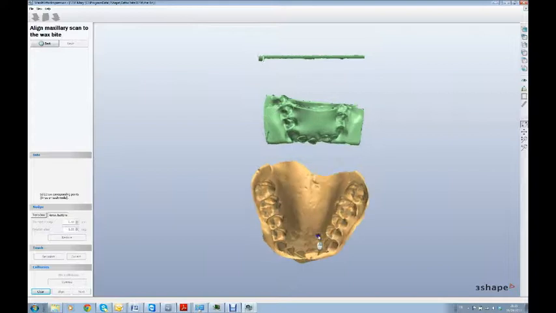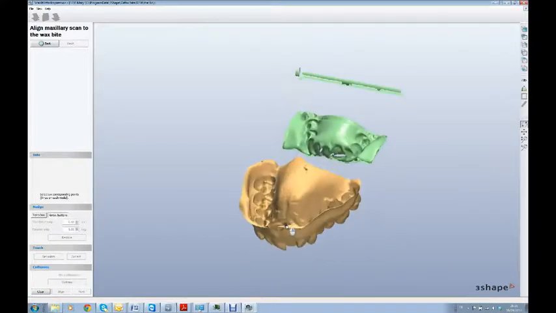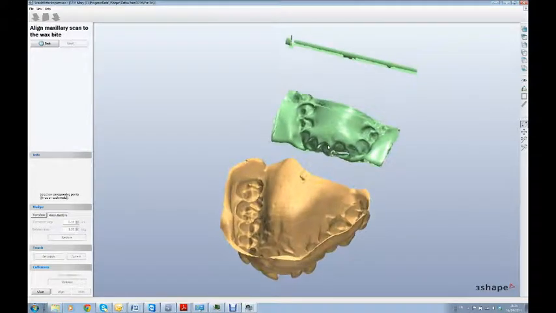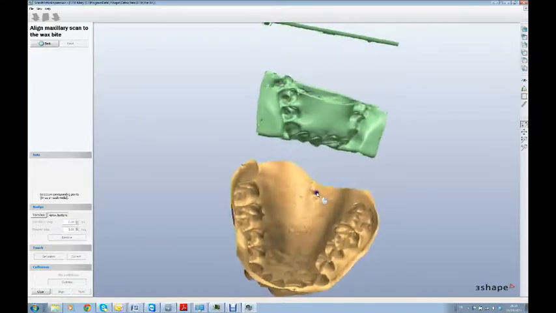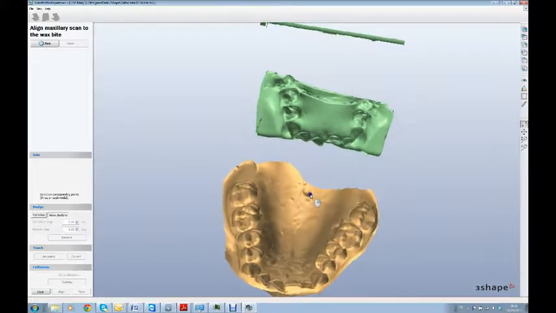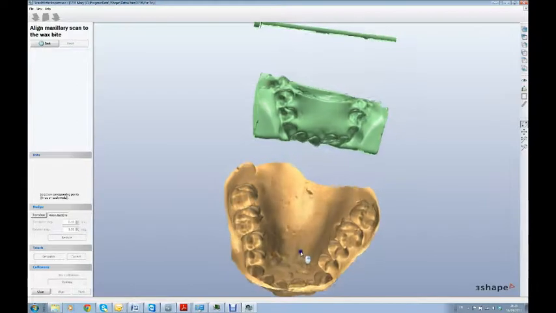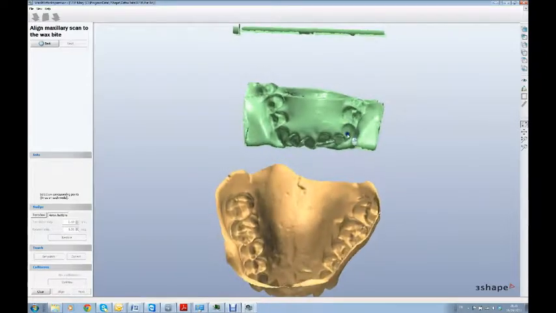Now is the fun part. So we're presented with the upper impression and we are presented with the upper side of the byte registration, and it's our job now to give the software some assistance. We need to indicate to the software some points that are common on the byte registration and on the impression itself. So we can see that the level of detail there looks pretty similar,